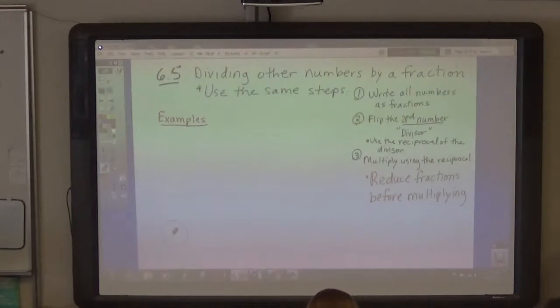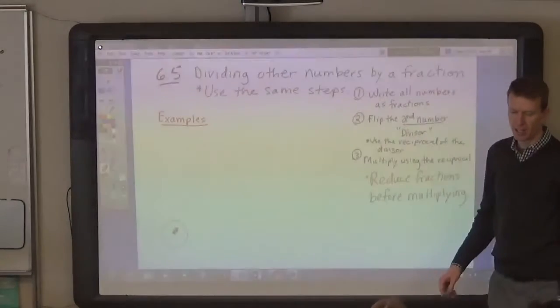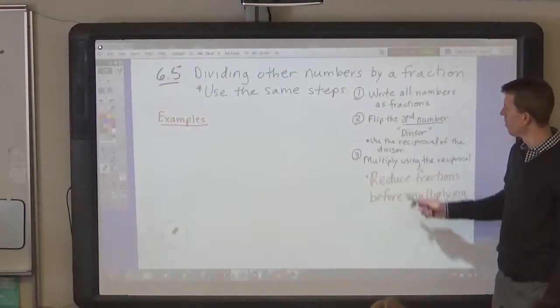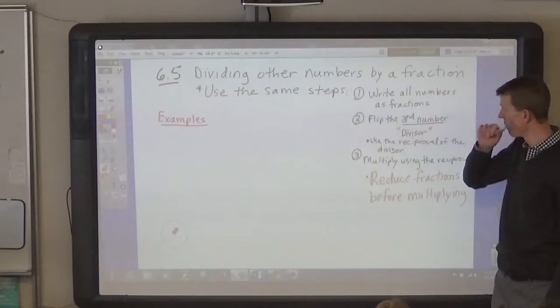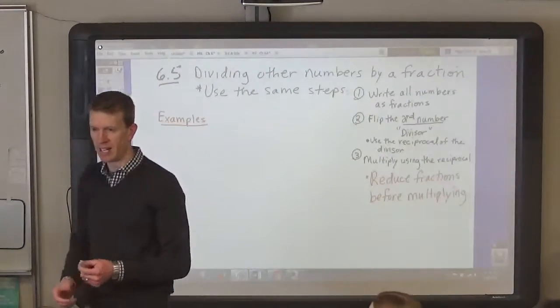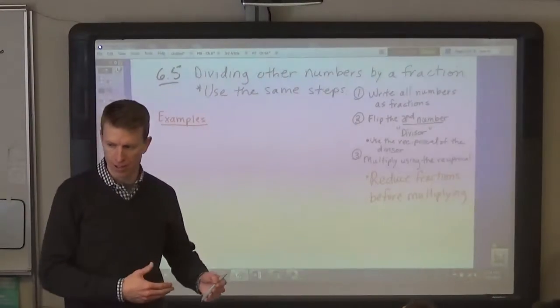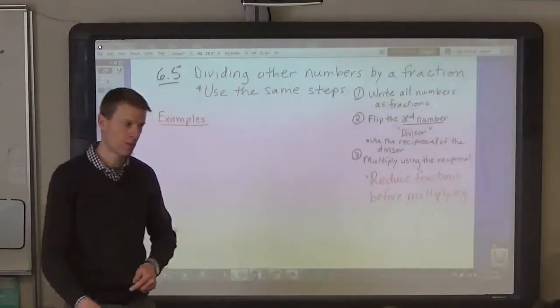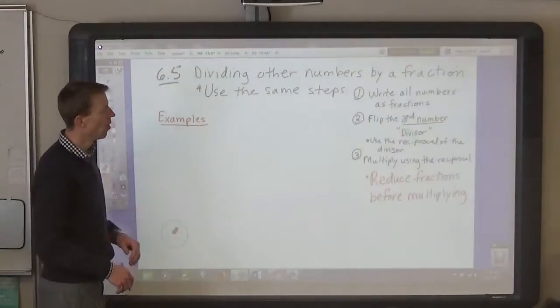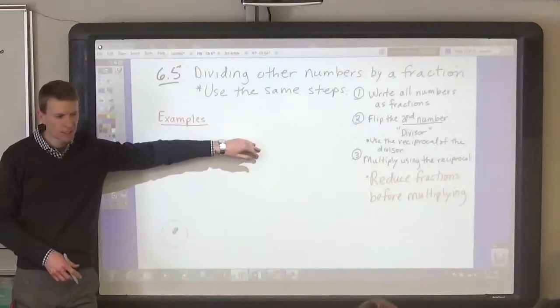Okay, sixth graders. When you divide other numbers by fractions, instead of just starting with a fraction and dividing it by a fraction, you have to convert them all to fractions first. Okay? And what we're going to be practicing today is, if we're starting with a whole number and dividing it by a fraction, you have to write that whole number as a fraction. Or if you have a whole number divided by a mixed number,